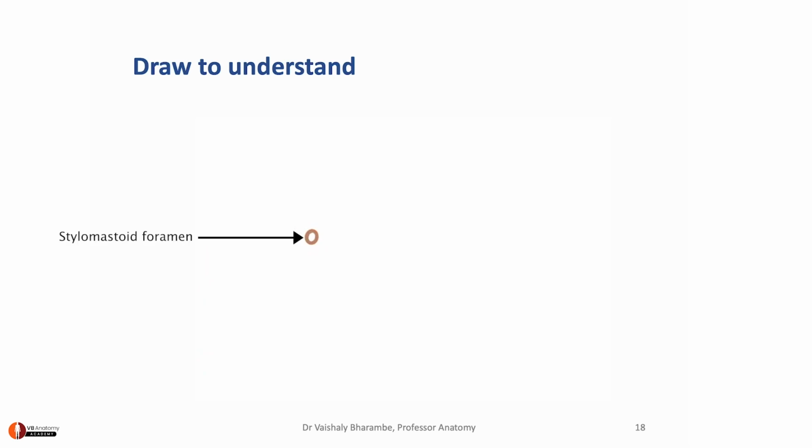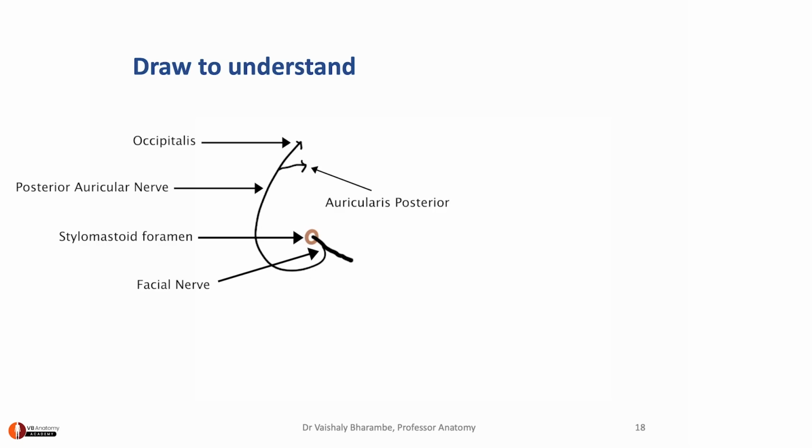Remember, the stylomastoid foramen is the foramen through which your facial nerve has exited, right? So, let's draw the stylomastoid foramen here. Draw your facial nerve exiting out from it. The facial nerve, once it comes out, gives rise to posterior auricular branch that supplies your occipital belly and auricularis